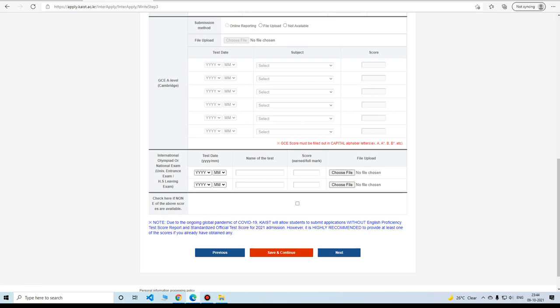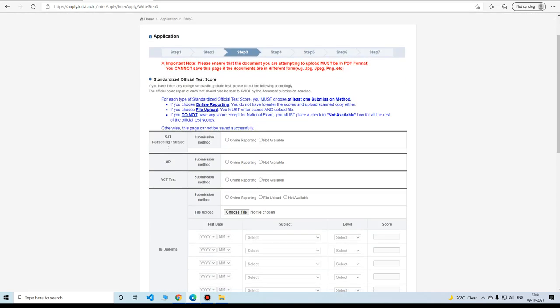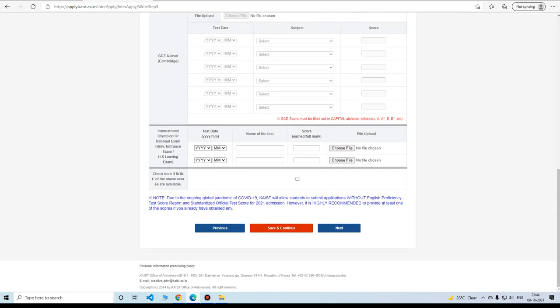It's unproductive. So now you can report these exams. I don't know how this is done, but I think this is pretty simple. If you have completed the SAT test, the AP test, the IB or something like that, you should include it here. This is very simple. If you do not have any of these, just click this box and move on.